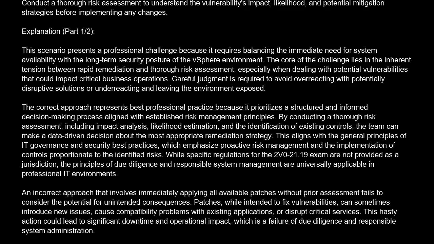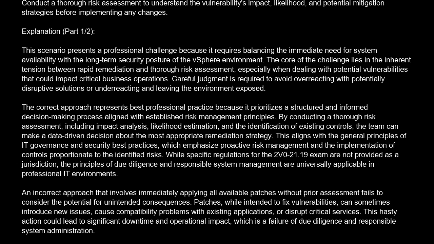The correct answer is D. Conduct a thorough risk assessment to understand the vulnerability impact, likelihood, and potential mitigation strategies before implementing any changes. Explanation. This scenario presents a professional challenge because it requires balancing the immediate need for system availability with the long-term